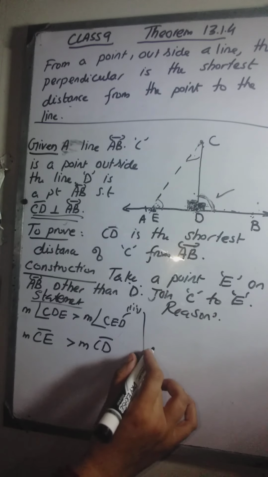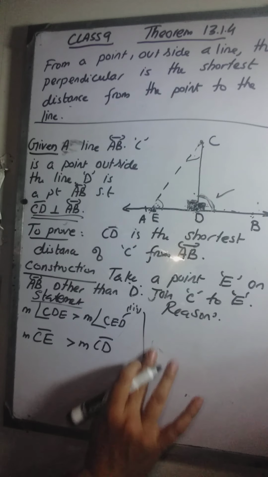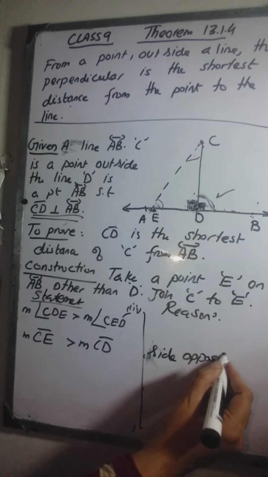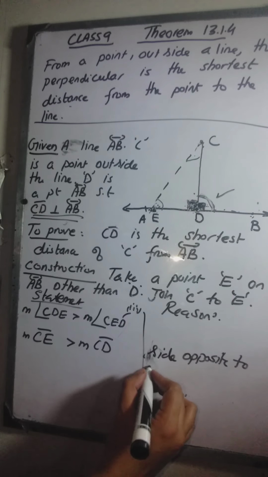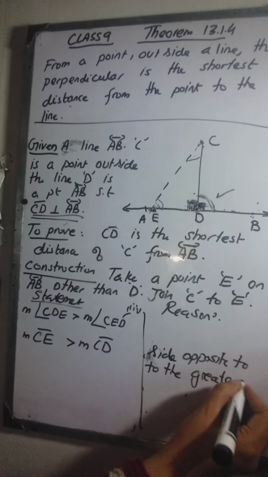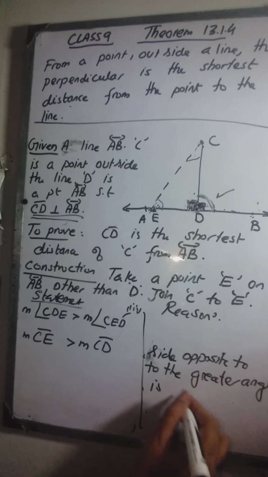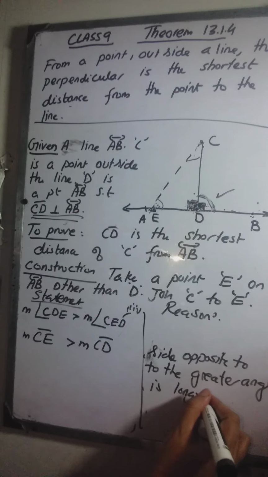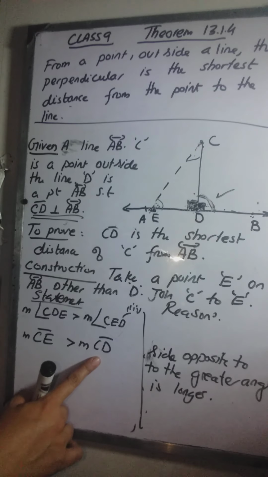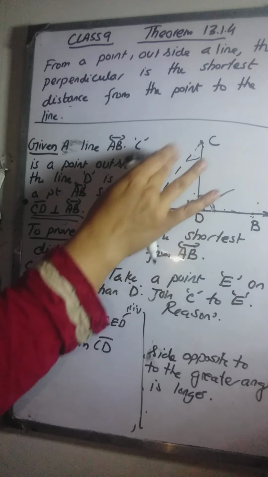Now this is because the side opposite to the greater angle is always longer. Okay, so if CE is greater than CD, it means that CD must be less than CE, or